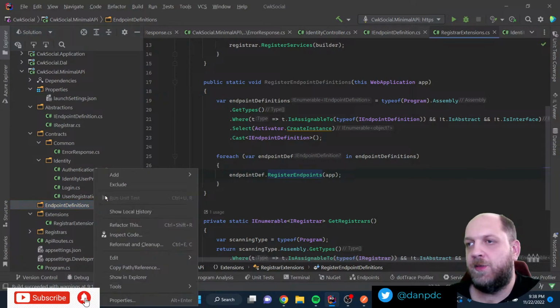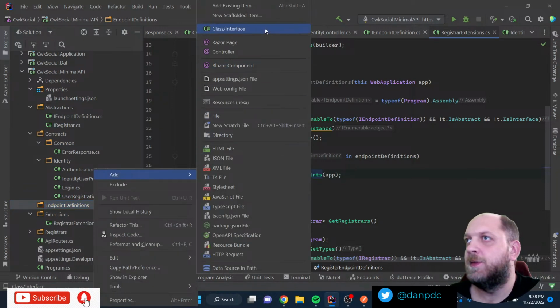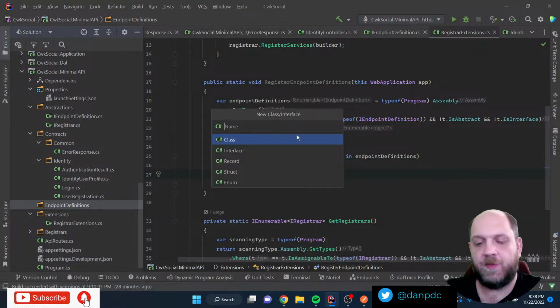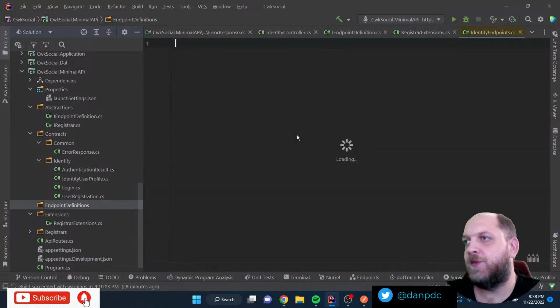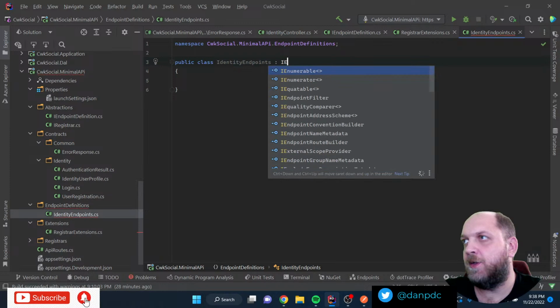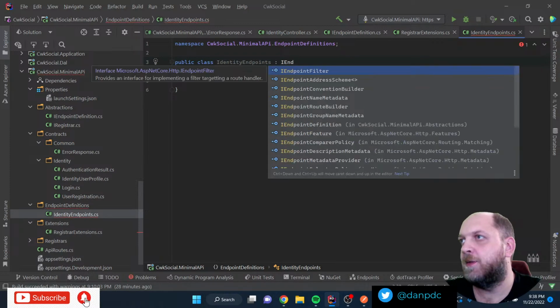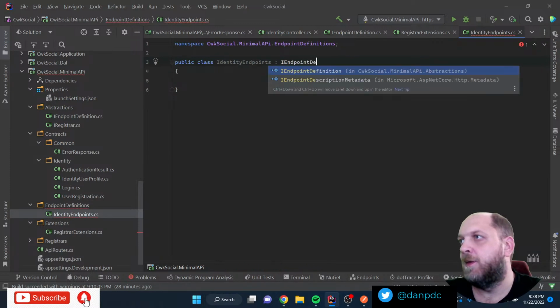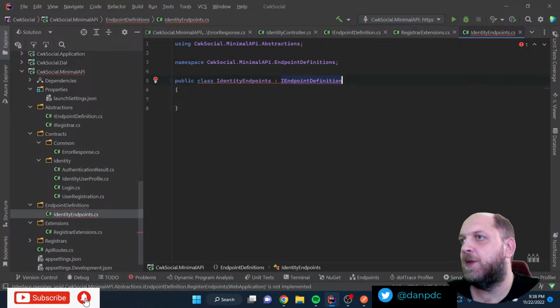And here, that should be a class. Let's call it just identity endpoints. And this identity endpoints should inherit endpoint definition. So it should be something like that.